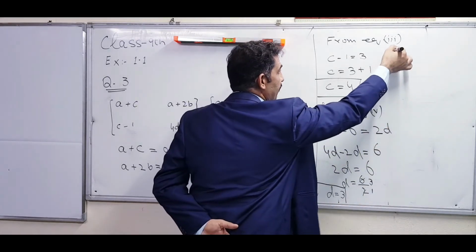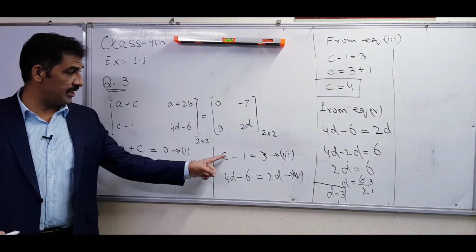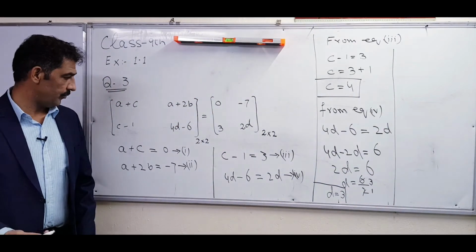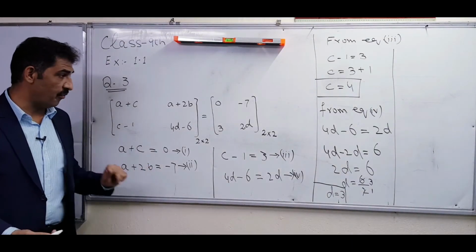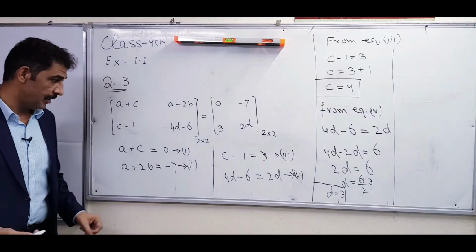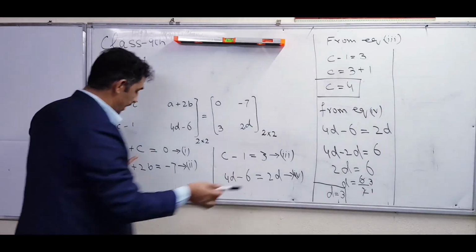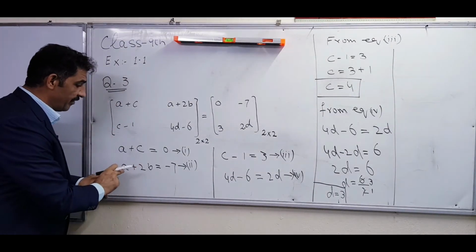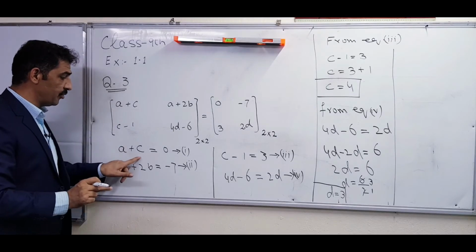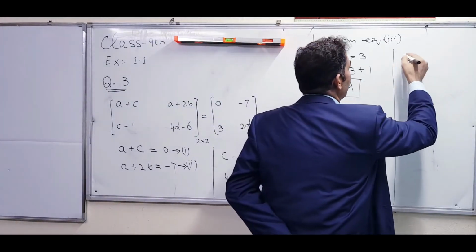In such a way, we have already found the value of C and D. Now we have to find the value of A and B. So which equation do we have to use first? Equation 1, because the C value we already knew, but the B value we didn't know. That's why we have to use the first equation 1. So A plus C